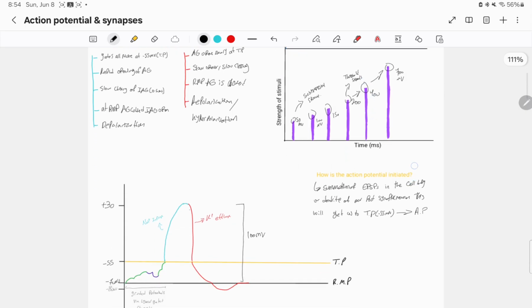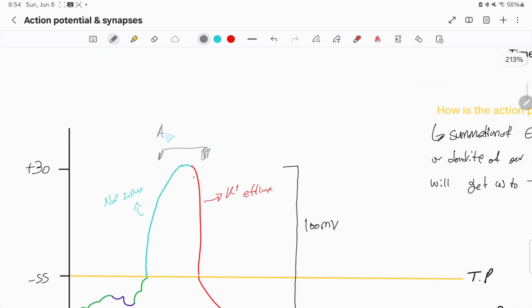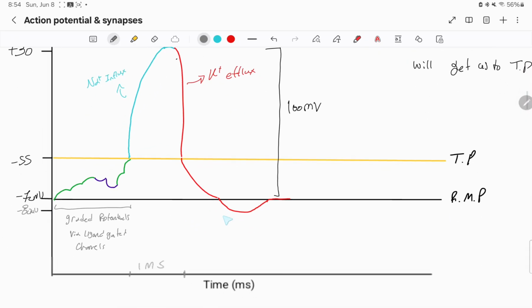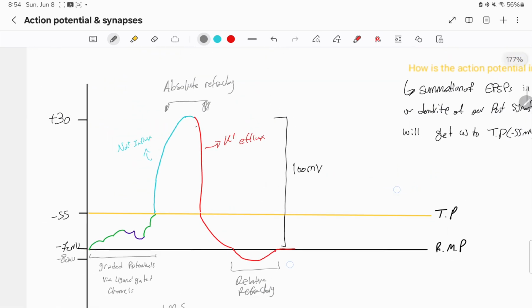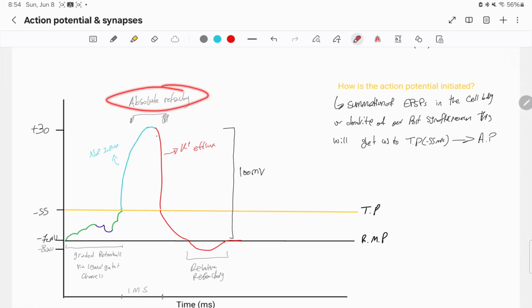Okay, great. Now that we know all of this, let's talk a little bit more about this graph. This graph has some other parts to it, where this portion of the graph, from here all the way to here, is called the absolute refractory period. And this portion of the graph is called the relative refractory period. We'll talk a little bit more about this later, but for now, I really just want you to understand something very simple, which says the absolute refractory period literally just means that we